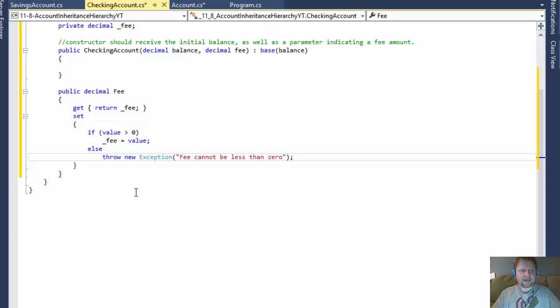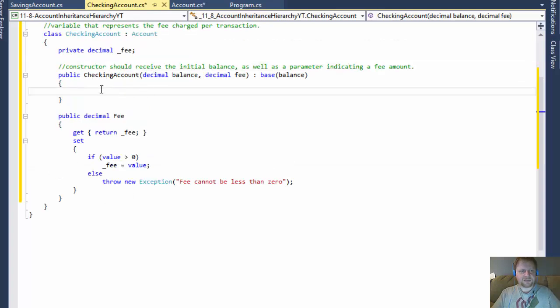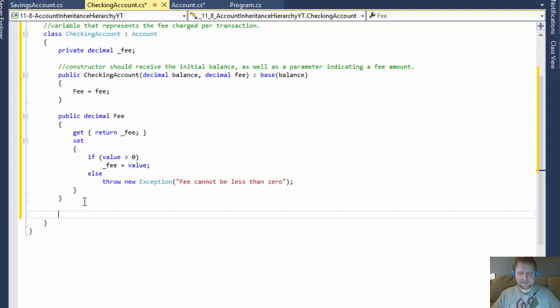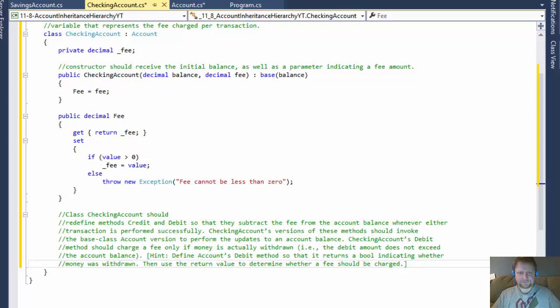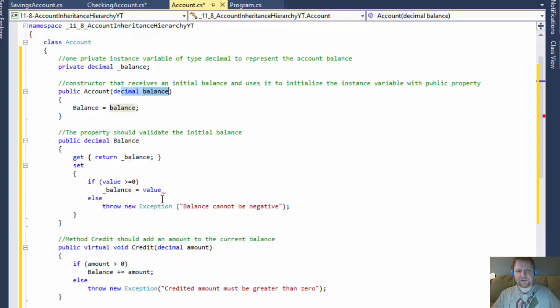Okay, so that's our fee. So we go to our constructor, and I will do fee equals the fee, that's this fee that is passed into the constructor. All right, now next thing we need to do is the class, which is this one, checking account, should redefine the method credit, obviously, because remember it's virtual,